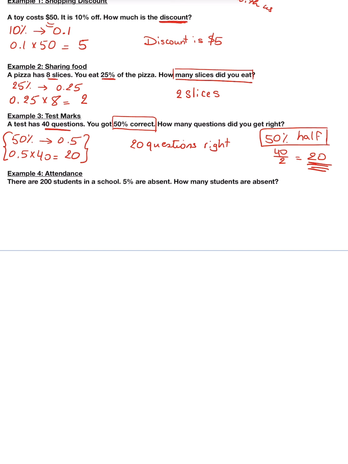The last example is about attendance. There are 200 students in a school, 5% are absent. How many students are absent? So we said 5%. 5% is 0.05, and step 2, 0.05 times 200 equals 10. All right, so we have 10 students